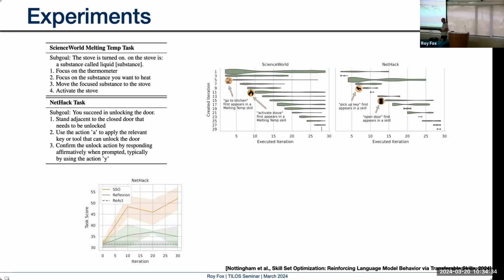And so now, compared to some baselines, I'm not going to describe too much, but also baselines that use language models with some memory structure as well, we see that we just learn much faster from the same amount of data. We learn a much more successful execution.